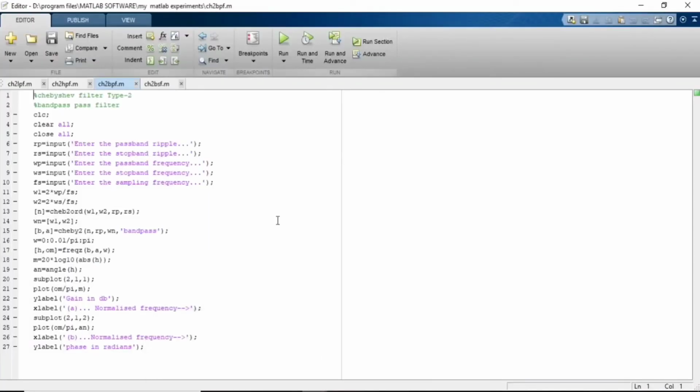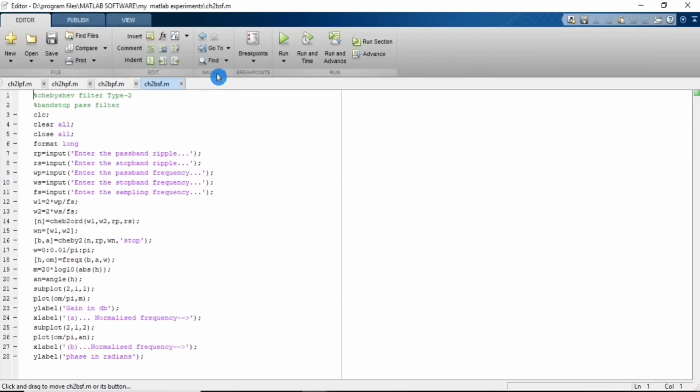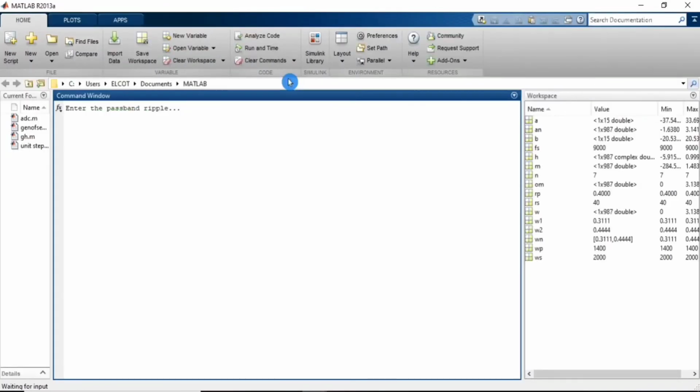Next, I am going to run the band stop filter. It is asking us to enter the pass band ripple. I am giving it as 0.3, then stop band ripple as 46, and then pass band frequency as 1400, then stop band frequency as 2000.